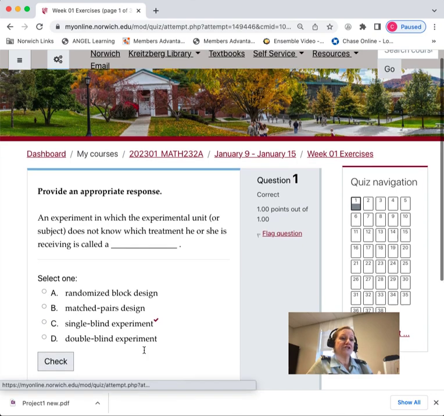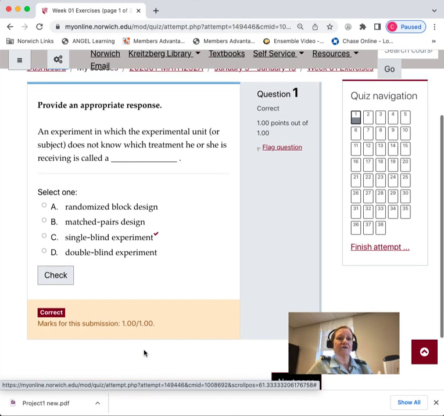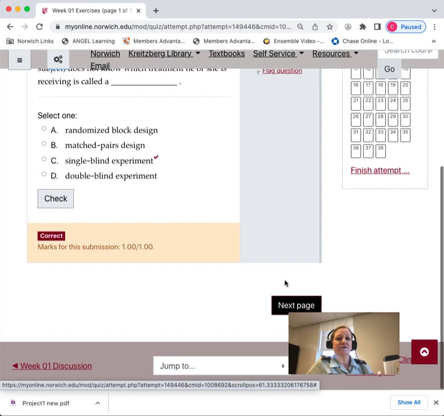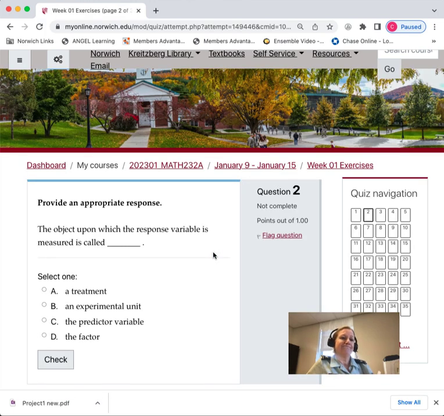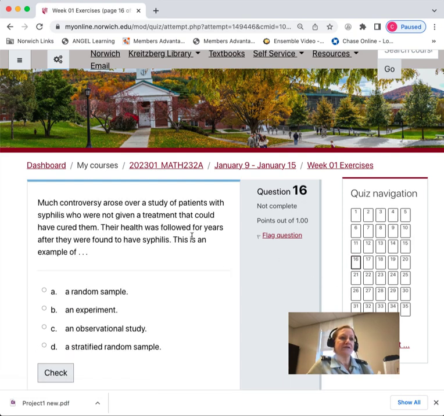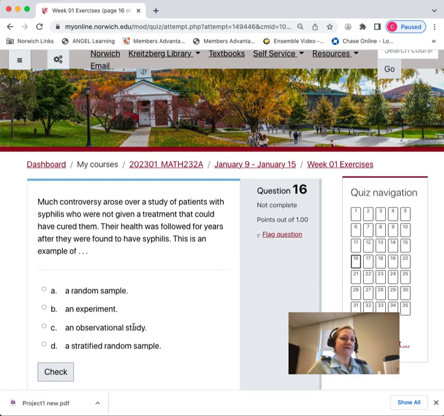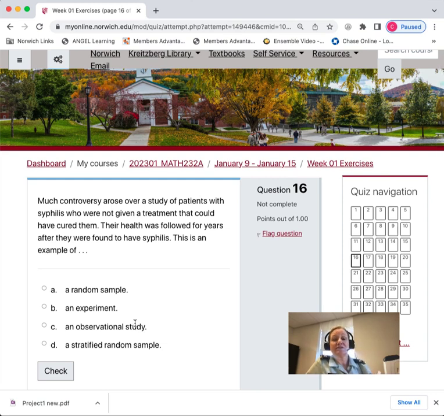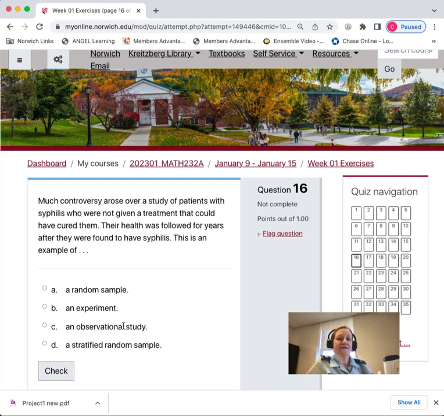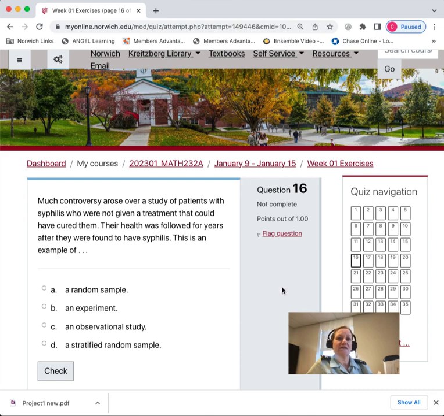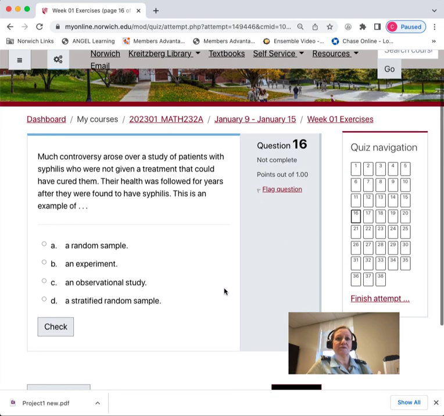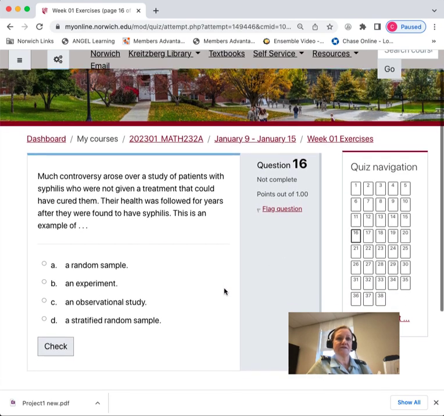But you can check your problems as you work through them, and there's no penalty for doing that. So if you start the problems early enough and something doesn't click with you and you've got questions, you can always then send me an email and we can discuss it over email or set up a time to meet. So that's one very helpful thing about these exercises.